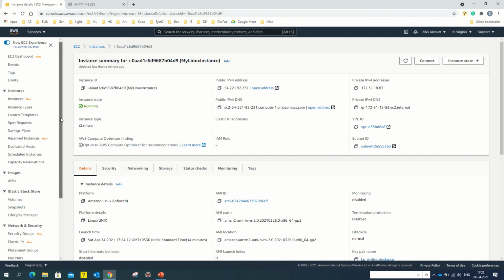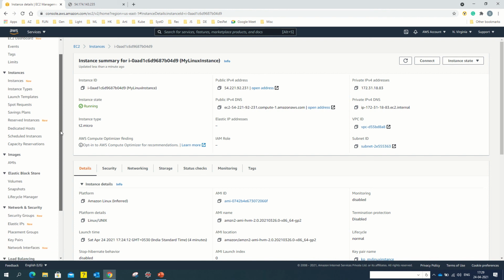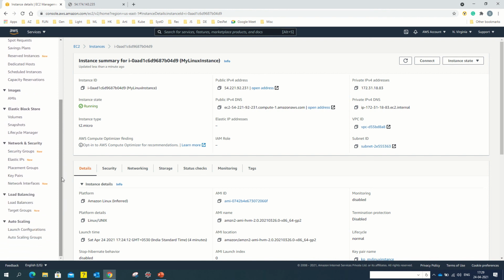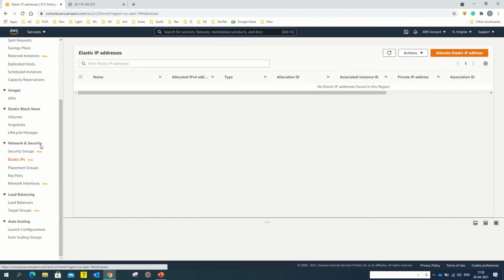On my left navigation pane, as I scroll down, there is an option called elastic IPs, and here I can create elastic IP addresses, which will be associated to my account, and I can associate this elastic IP address to the EC2 instance. AWS has some limitations, that is, you can have a max of 5 elastic IP addresses per account.